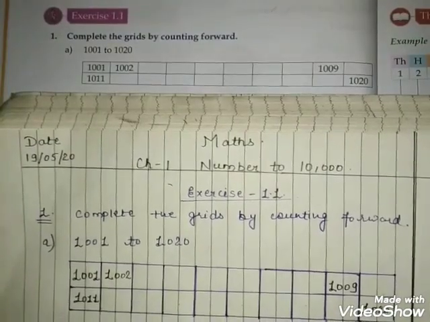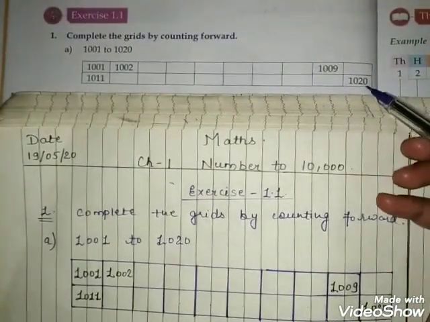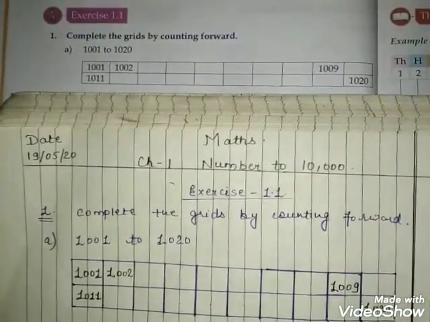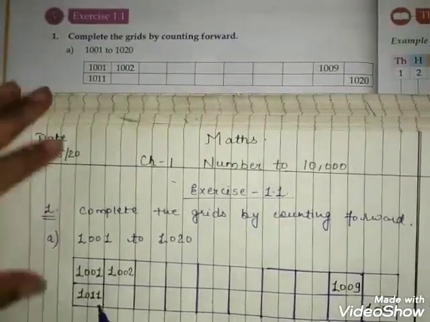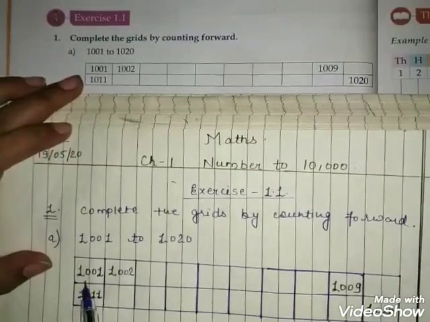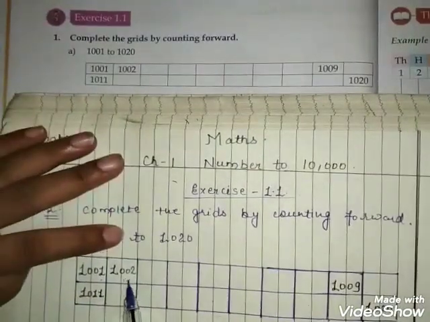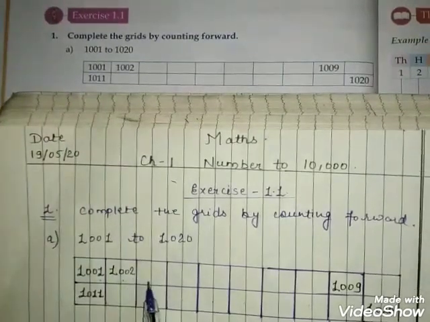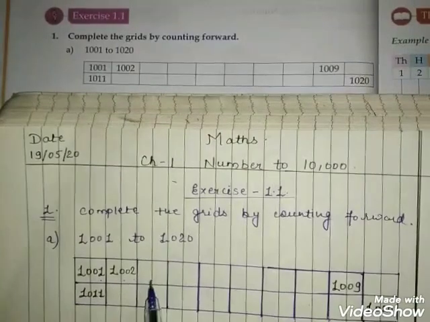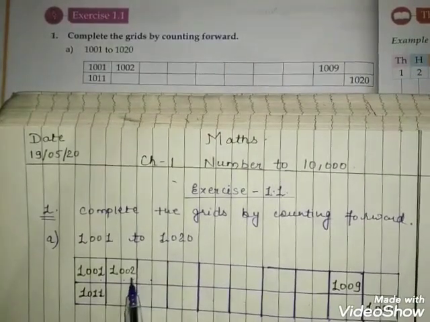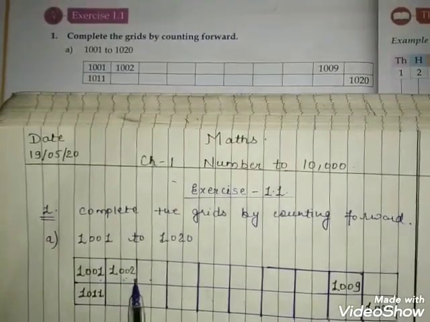Now can you see the box which I have drawn as it is drawn in the book? Alright, now just begin the question. It is given 1001. After it, it is given 1002. Now it is blank here. What do you have to do here? We have to just add 1 to the previous number. The previous number is 1002.